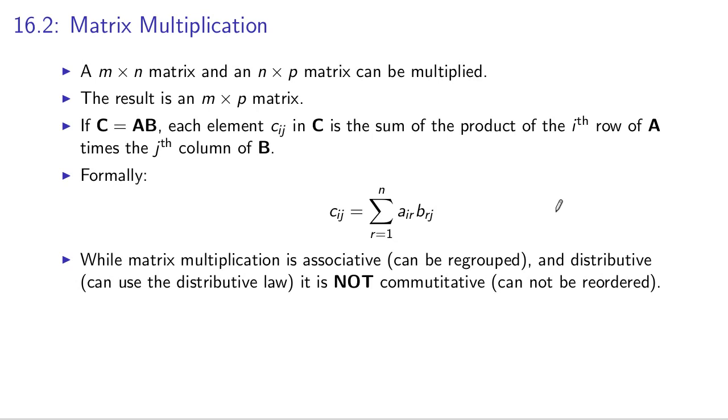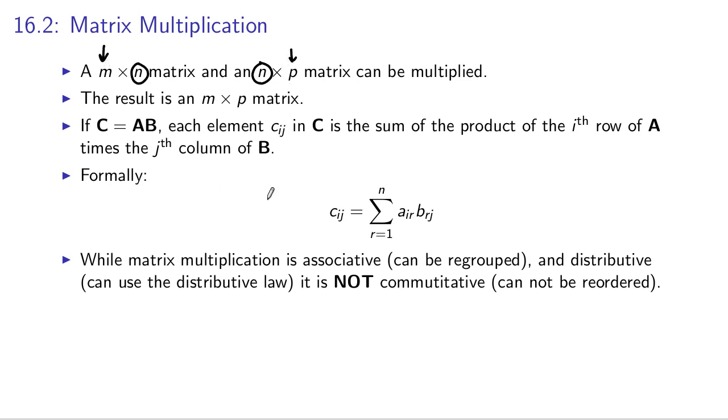Algebra 2, Chapter 16, Section 2, Matrix Multiplication. An M by N matrix and an N by P matrix can be multiplied. The resulting matrix is an M by P matrix. So these numbers have to match for the two matrices to be multipliable, and the result will be an M